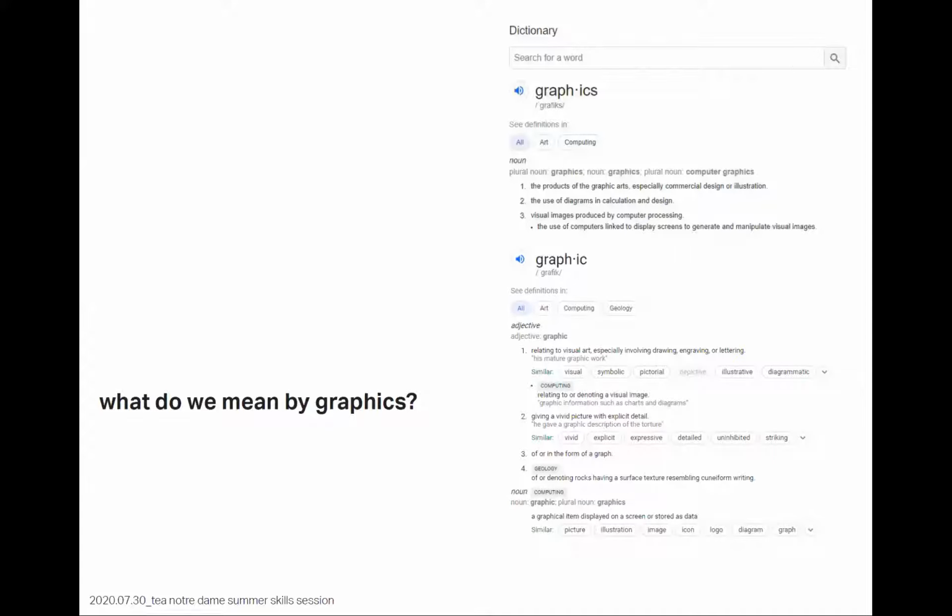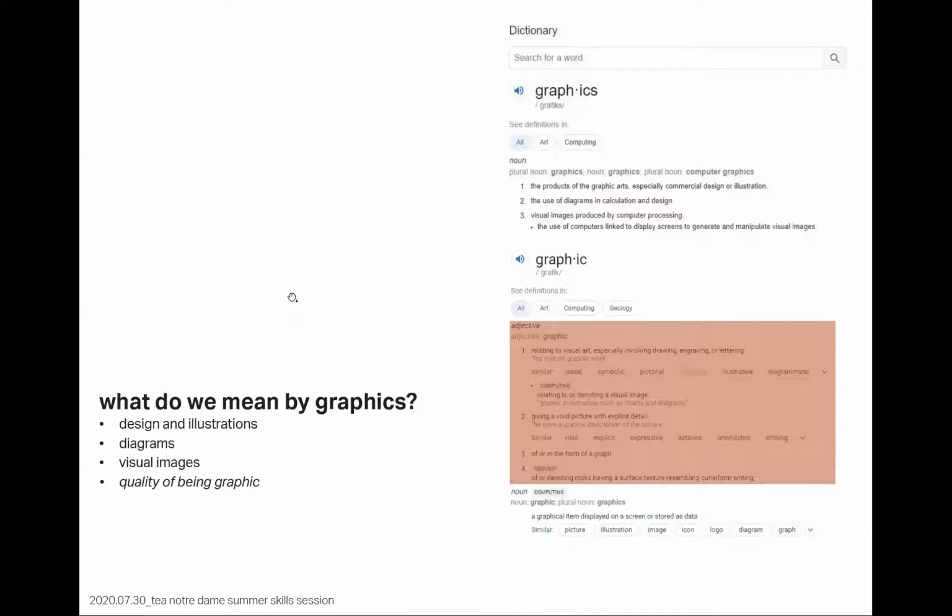So to begin, you may be wondering, what do we mean by graphics? In today's very digital world, graphics envelop a very wide range of disciplines and drawings. Anybody can be graphic, and I hope you don't mind, but I took the liberty of Googling the term so that we can break down the various definitions from a more didactic perspective. By graphics, we can mean designs and illustrations, diagrams, visual images of any kind, and then even in another sense, the quality of being graphic, or as we're probably all familiar, explicit in detail. We all know that kind of graphic type in which the pixels are blurred out so we can't see that explicit item.